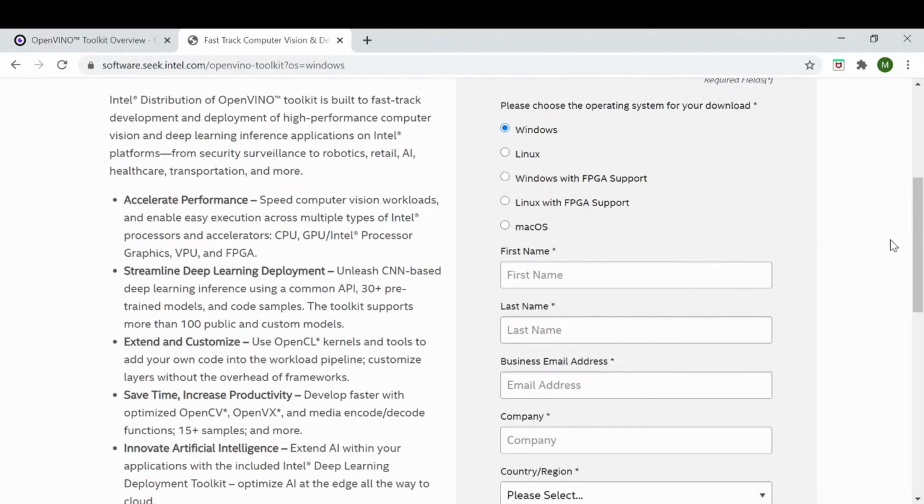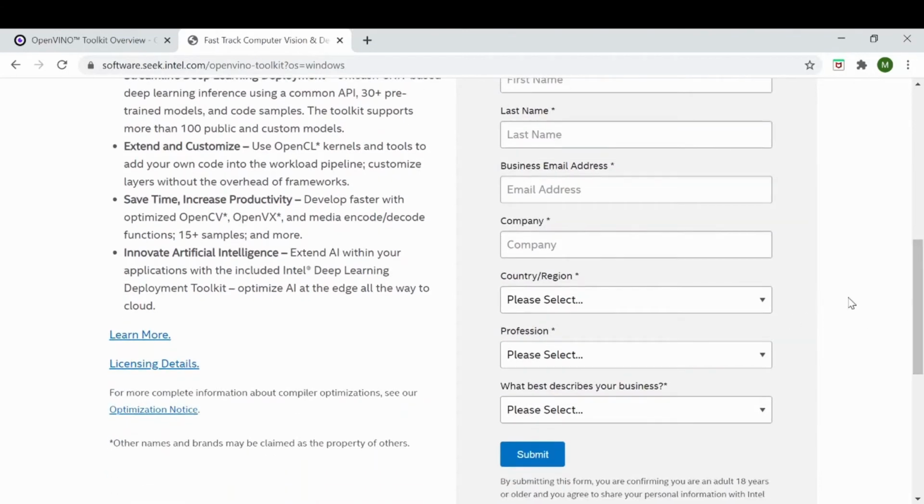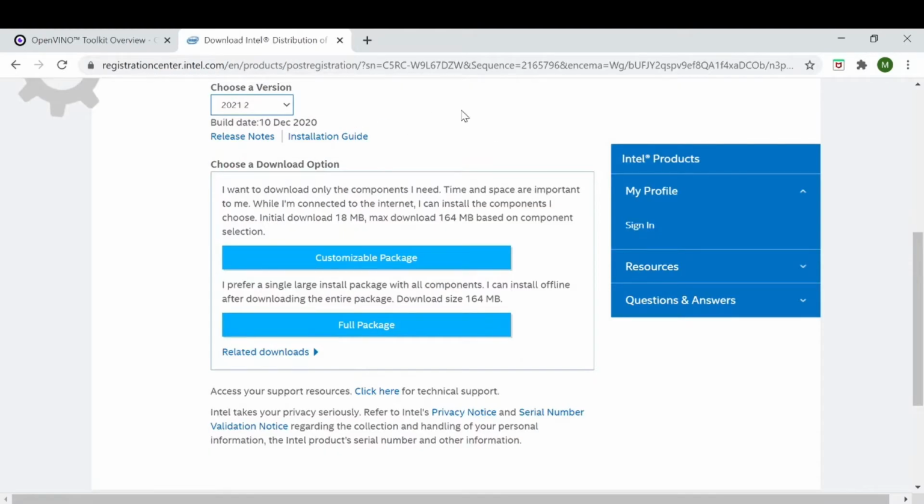Here you need to fill all these options, and once filled, you need to submit it. Once you submit it, you'll get this kind of page, and from there we'll just select the full package.